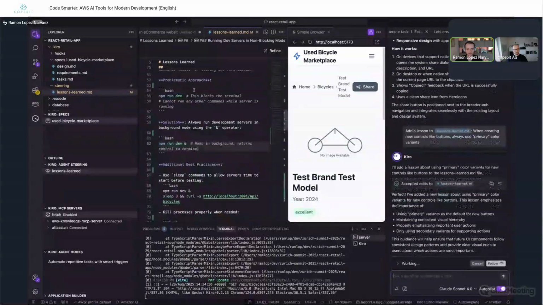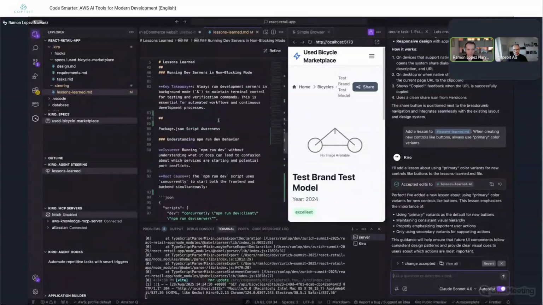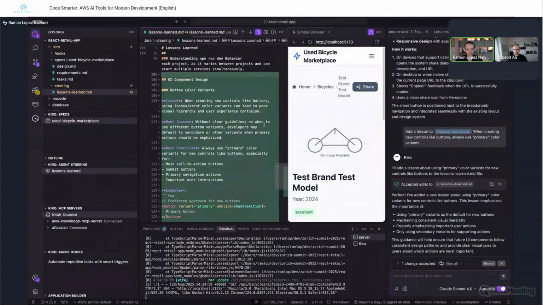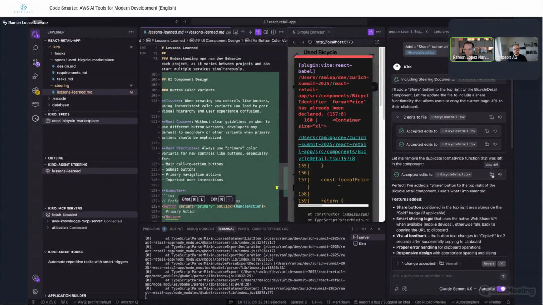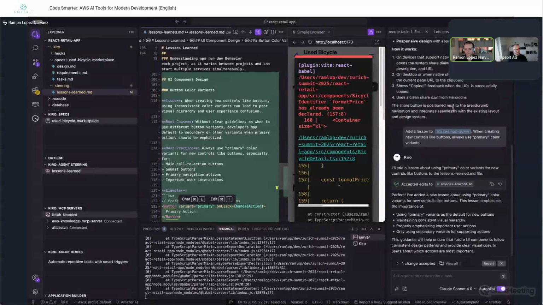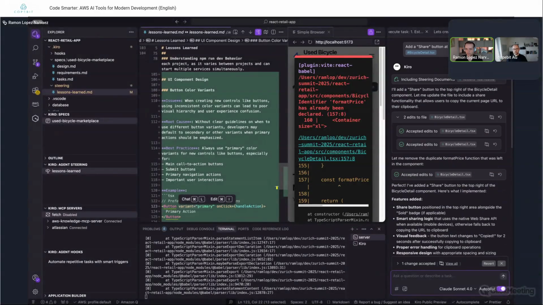Here, UI component design, I just added this. Let me scroll there again, or let's view the diff. And that's exactly what I want, right? I have the variant equals primary. If I now remove all the changes that it made to bicycle details, here we go, and this as well, we can then say, okay, essentially the same task as before, add a share button.